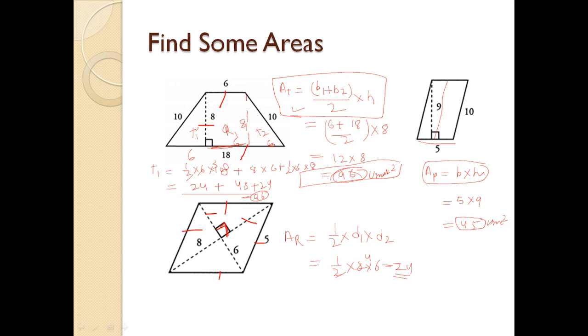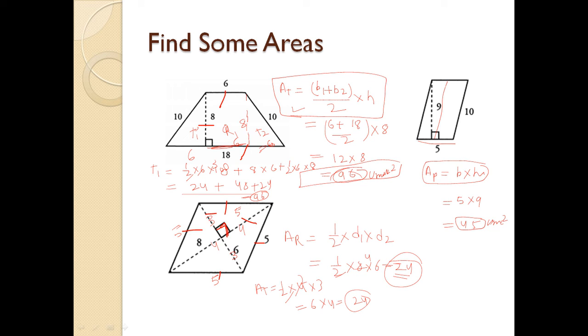Okay, so this is 6, full length is 6. If they bisect each other, this is 3 and this is 3. This full is 8, so this is 4 and this is 4. This is 3, this is 4, and this is 5, as the side is given to you as 5. So the area of a triangle will be 1 by 2, base is 4, height is 3, so 6. How many triangles do we have? 4, so it will come out to be 24. Similar answer we got earlier.